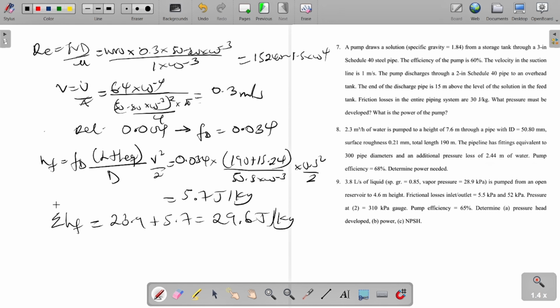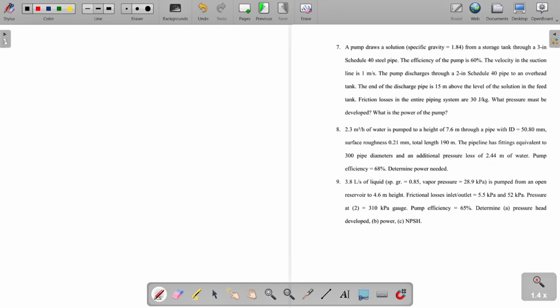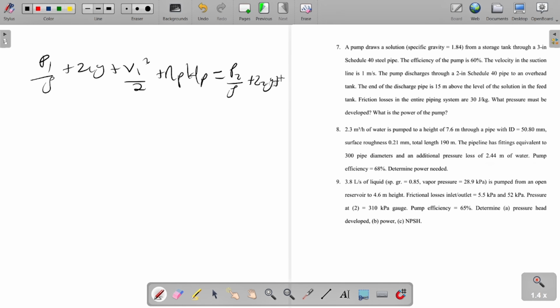So this gives us the total frictional losses, right? So that you can put that one inside the Bernoulli's equation. That's what we want to do. Over here, let's write the Bernoulli's equation. So P1 over rho plus Z1 g plus V1 squared over 2, plus the WP is equal to P2 over rho plus Z2 g plus V2 squared over 2 plus the total